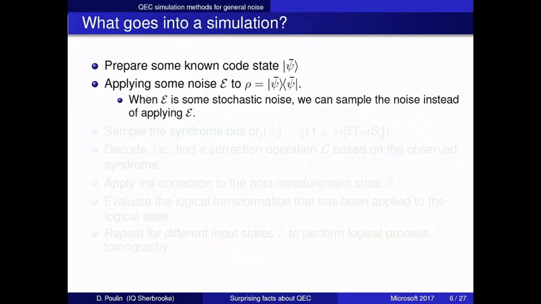Now, let me just open a parenthesis here. In many numerical studies that have been made, it was assumed that the noise was stochastic. That the noise was like, well, either this Pauli matrix occurs or this Pauli matrix occurs. And this is a great simplification. In this case, you do not apply the noise model to the state. Instead, you sample an error, and you apply that error to the state. I want to emphasize that these are very different things. Okay? So, for instance, if you sample the noise, at every stage you have a pure state.